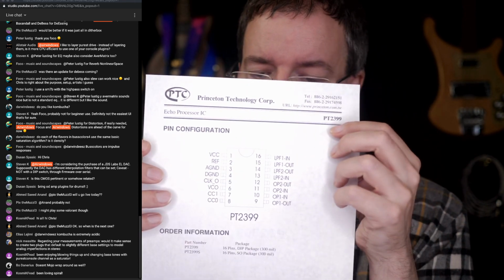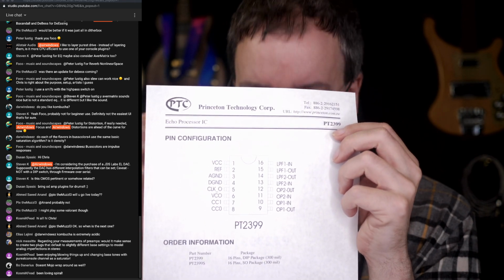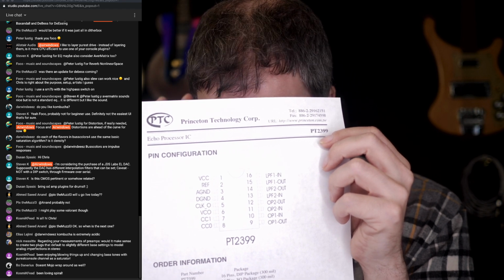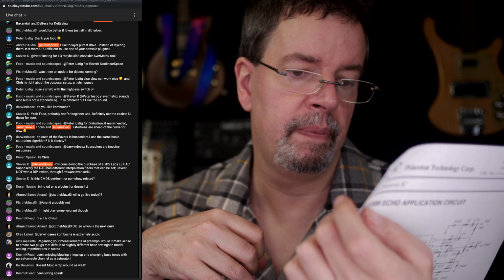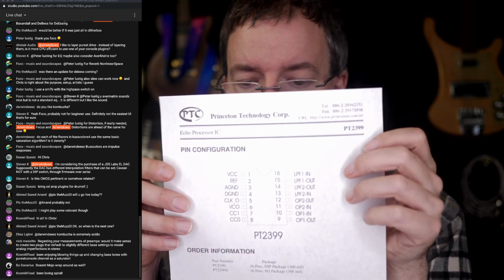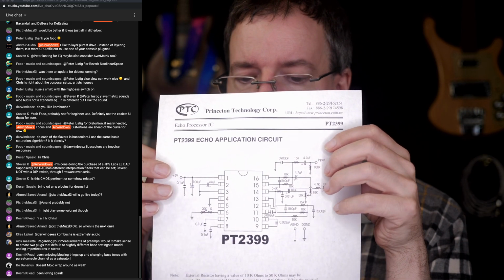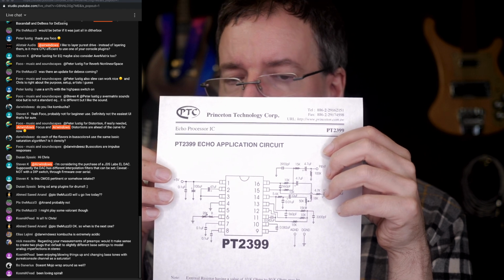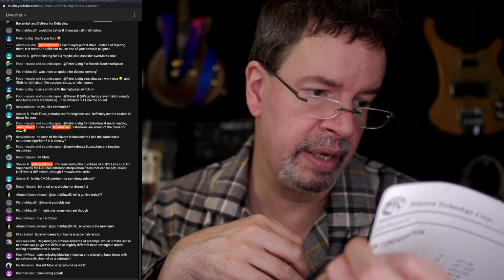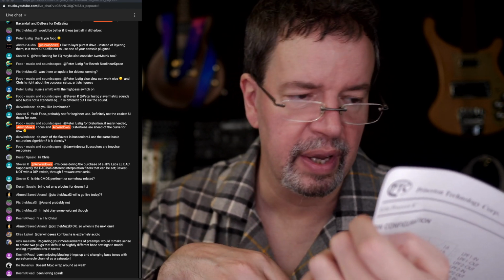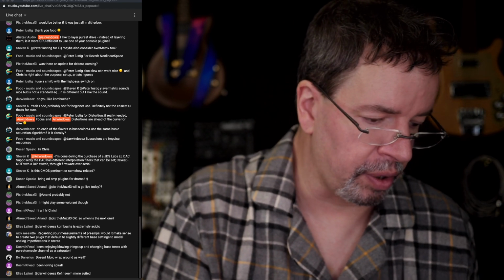You can look at this here, and when you have one of these chips, you're always looking at the top first. You can hook stuff up to it much like this and have it actually work. The PT2399 is an echo maker, and it's present in a lot of cool stuff.